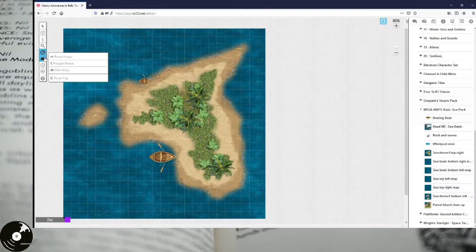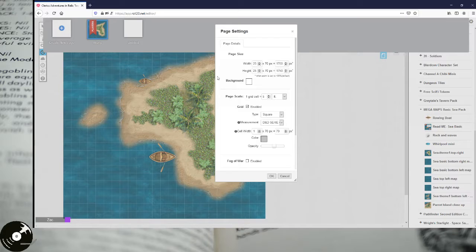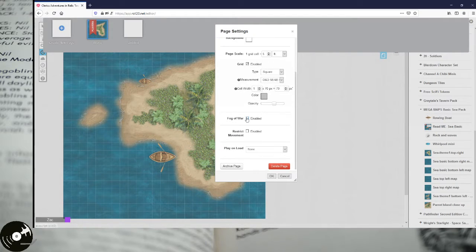I'm hilarious. Moving on. The next one is actually something we don't really need right now, but we're going to go ahead and cover it because it's in the tool set. This is your Fog of War. In the last video, you saw me turn on Fog of War for just a moment. So I'm going to turn that back on by going up into the page settings of our map, enabling Fog of War,